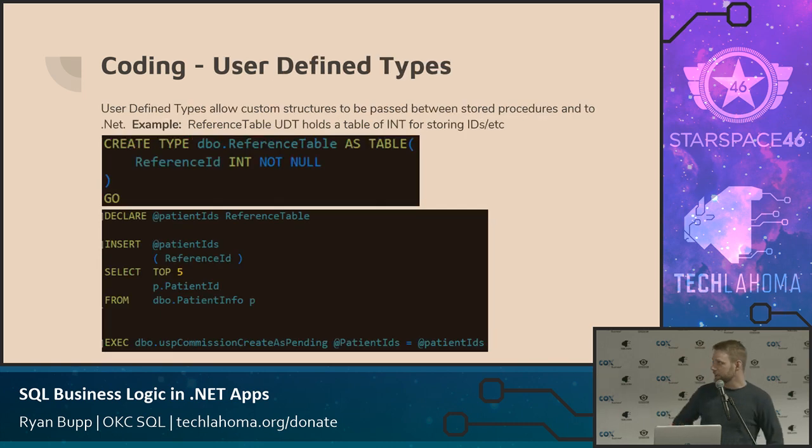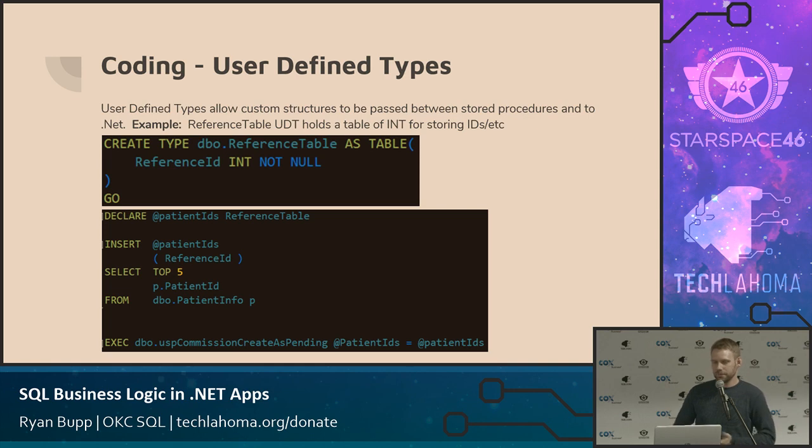Okay, user-defined types. We use a few. This is by far the one that we use the most, which is a reference table, which is literally just a list of IDs. And why do we use that? Because we're able to pass variables back and forth. So, for example,